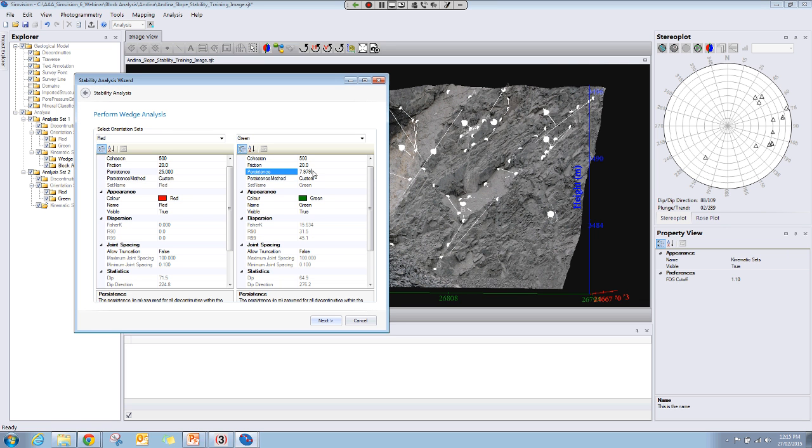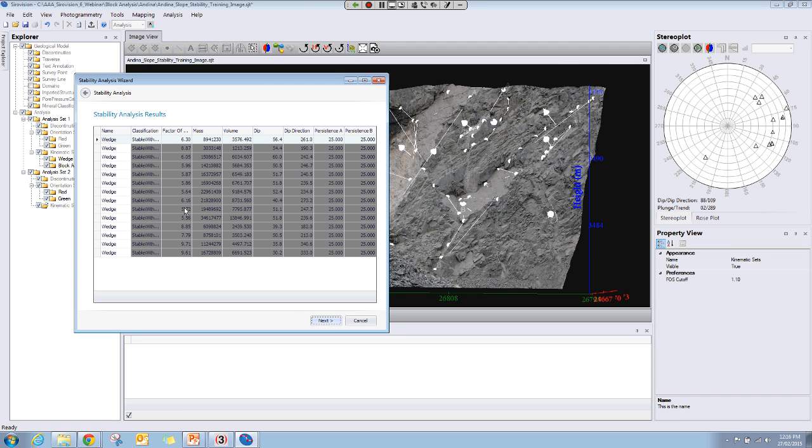Custom persistence 25 meters. Okay, so we've got 25 meters persistence for both sets. I'll run that. And that is a very conservative method, but it detects a lot of wedges,